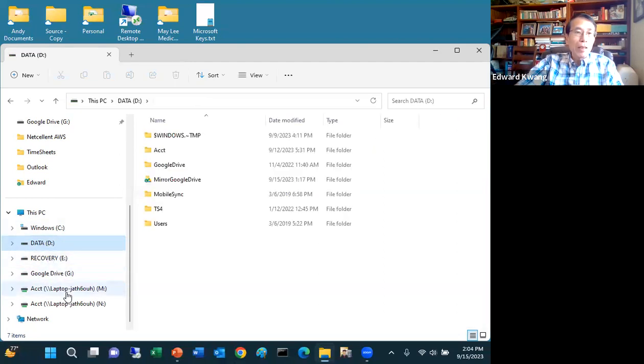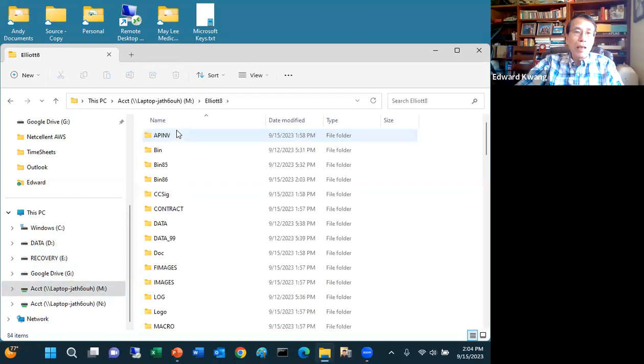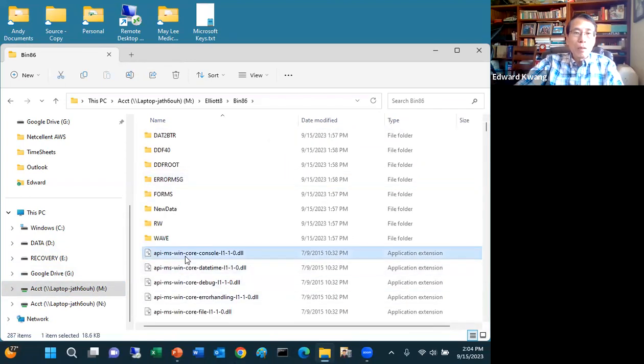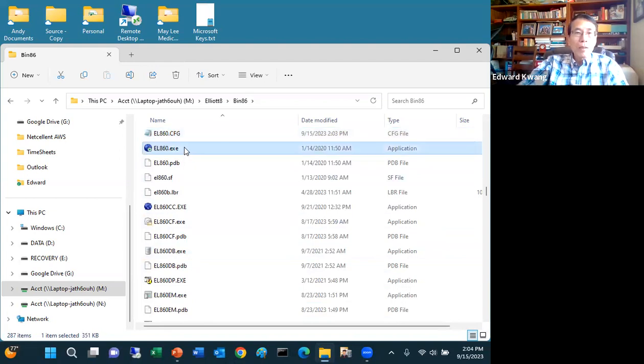And then I need to go to the N drive, and I will navigate to the Elia A and then go to the bin A6, and then you will find there's this EL860EXE. This will create the desktop icon for you so you can run Elia.